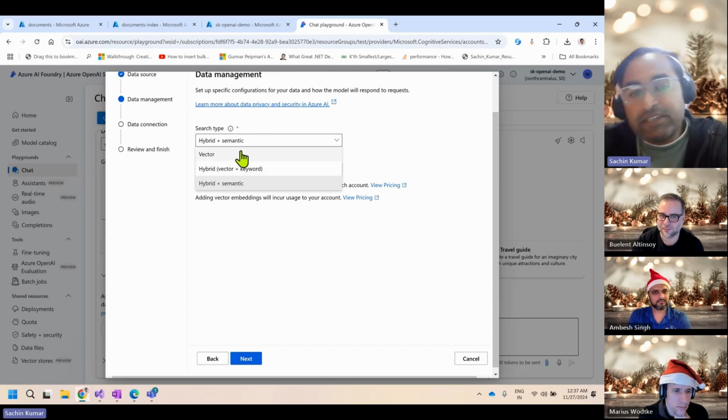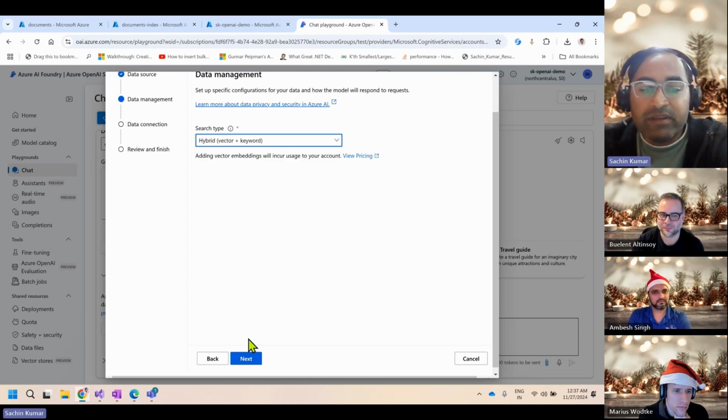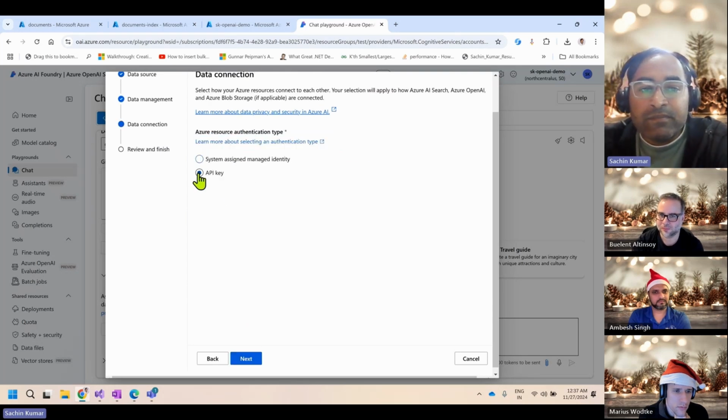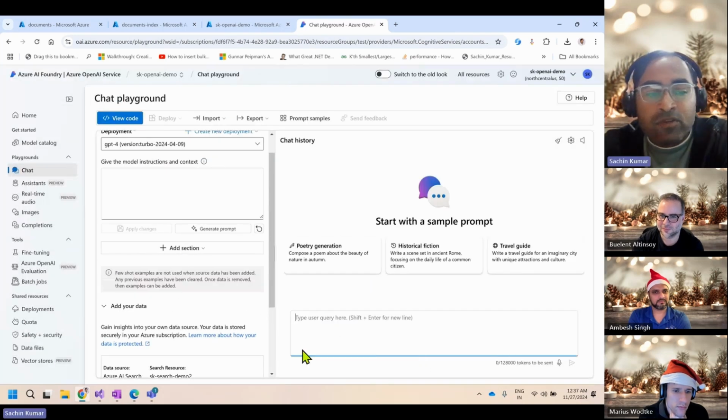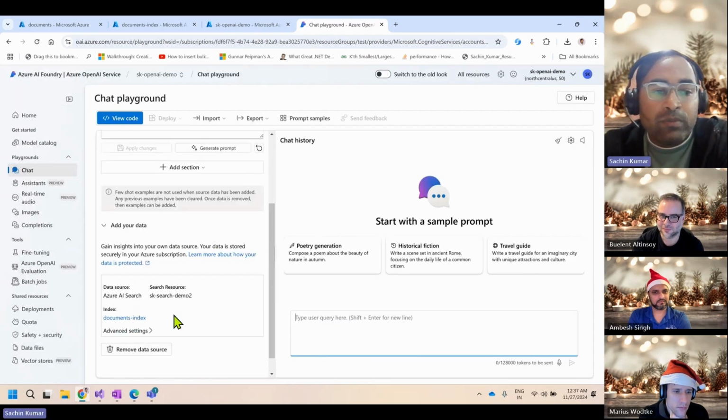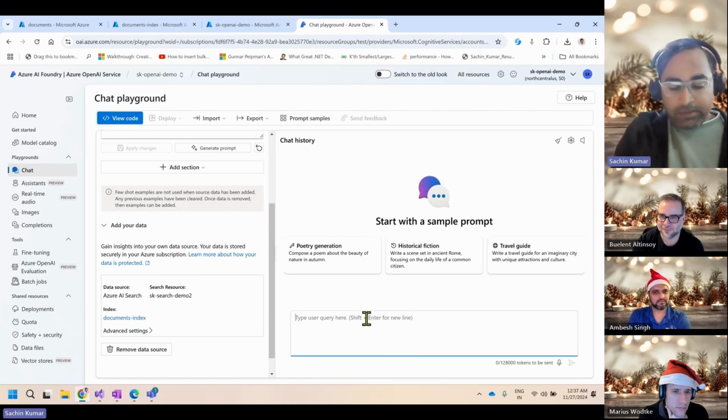You have these three options. You can use either a vector search, a hybrid of vector plus keyword, or a hybrid plus semantics. I'm going to use vector plus keyword. Say next. Authenticate with API key and then save. Once you do that, it's going to be associated with your model and you can start searching over here. So I'm going to say